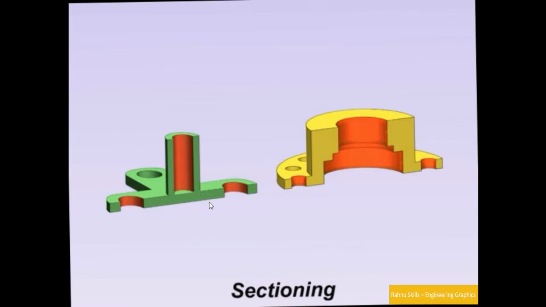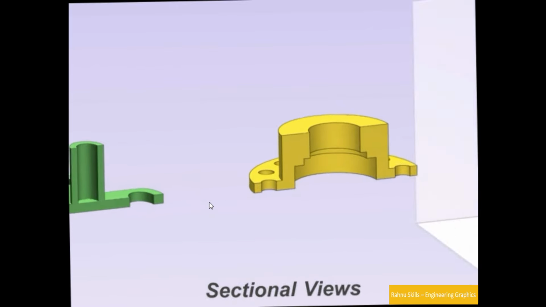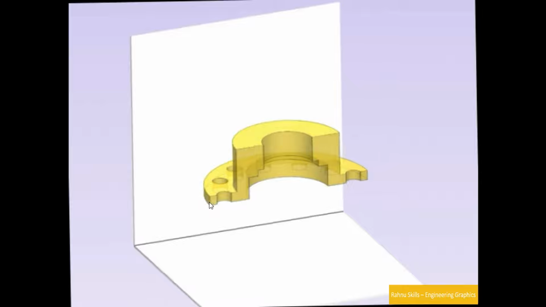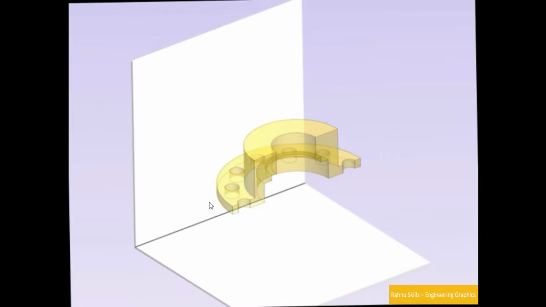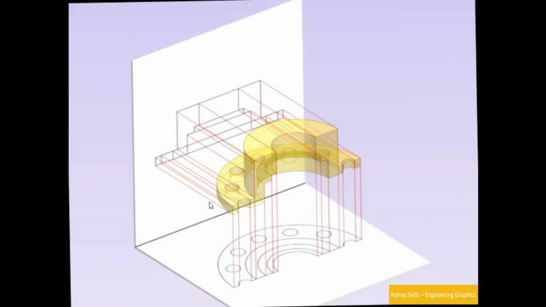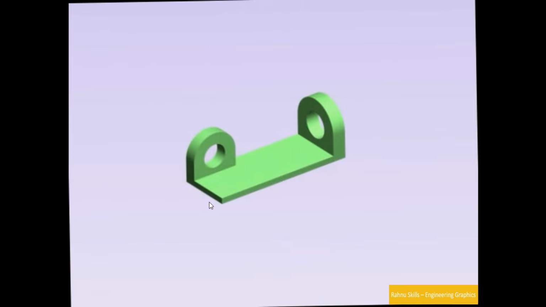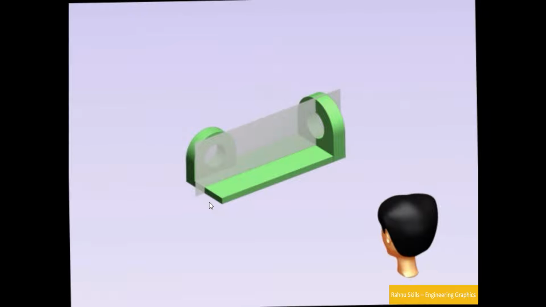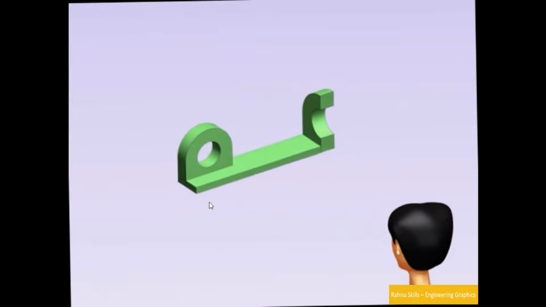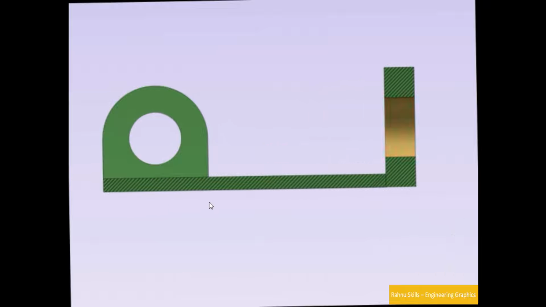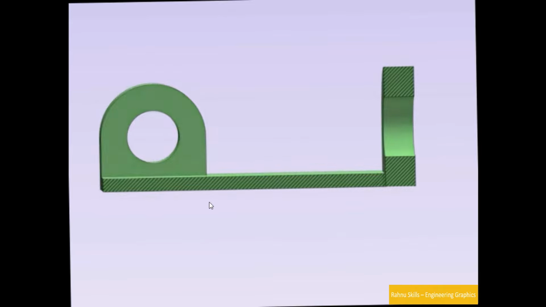Now this is known as sectioning, means when we cut an object from a particular point using an imaginary section plane. Now we will place the object here. This is our imagination and we will project the front view and top view with hatching. Now I'll tell you what is hatching. Hatching is the process of highlighting the area where blade makes contact. Now you can see blade is not making contact on that circular part because there was no material. So you can see here where the blade has made contact only in the hatched area. This is known as hatching.